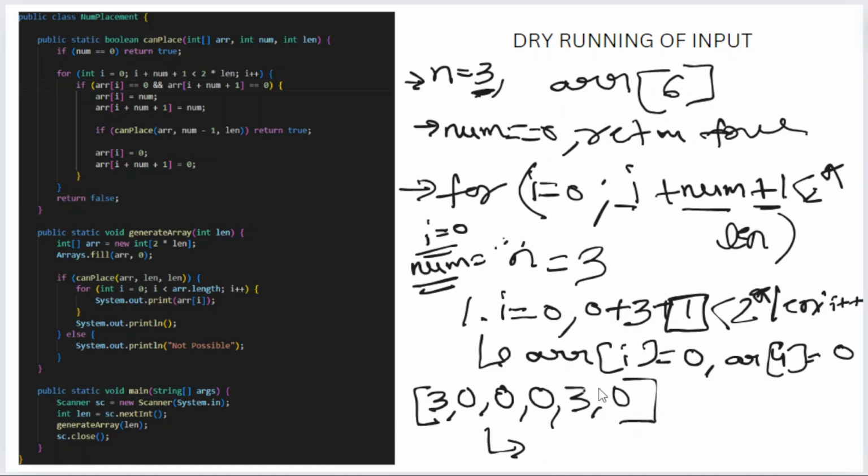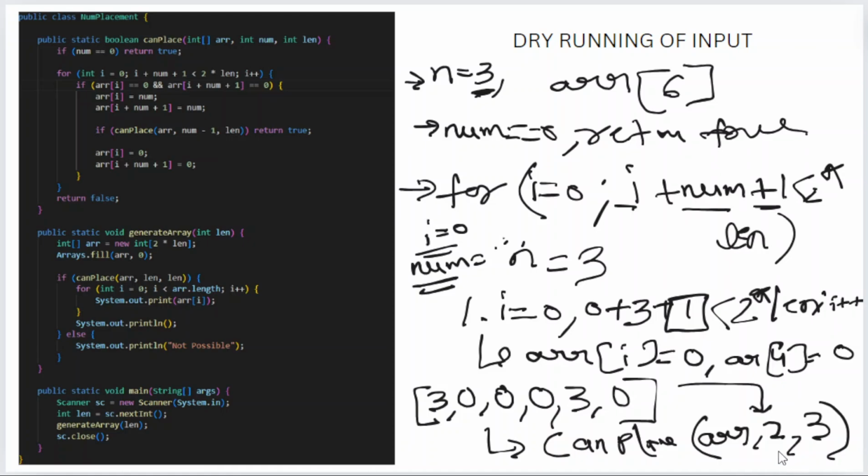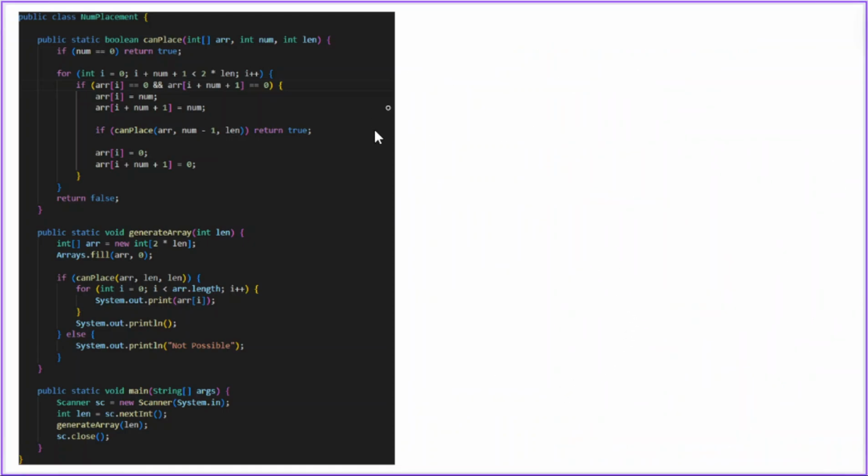the function recursively to see whether we will be able to place this array. We are passing along the next smaller element, and then we'll be passing the array size. Now we'll try to place 2, whether we are able to place 2 or not. Since 3 is placed, if it creates some problem placing 2, we need to backtrack to the previous position. Now this time when n is equal to 2,